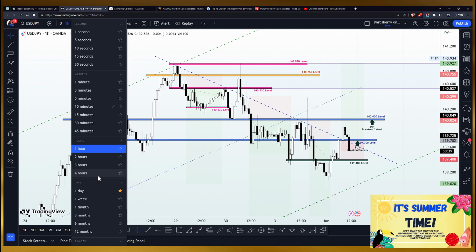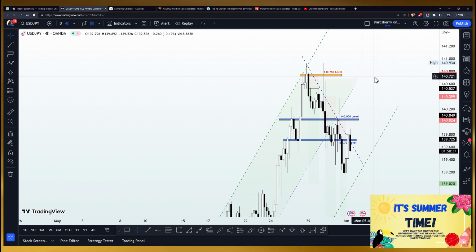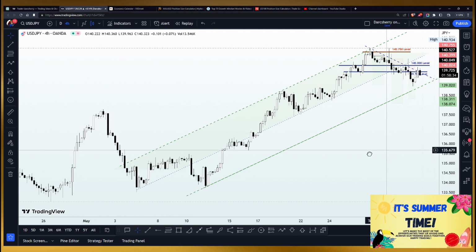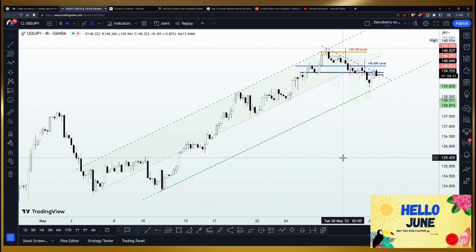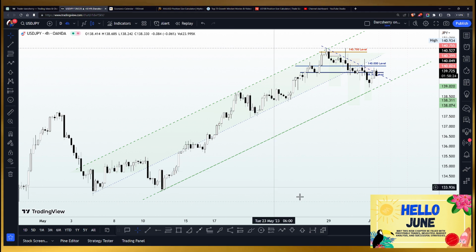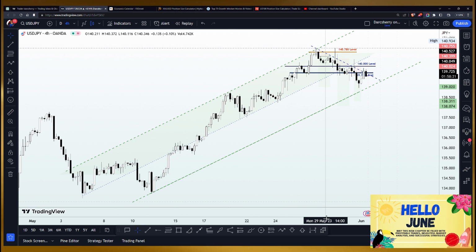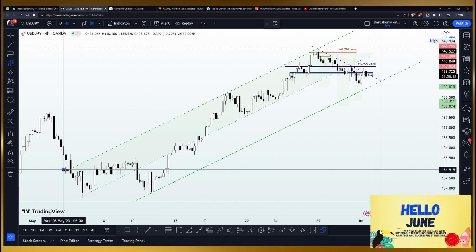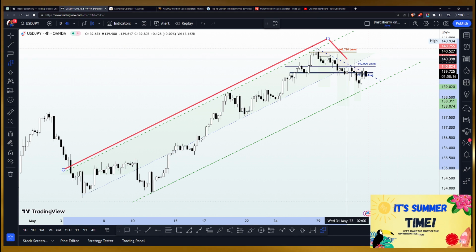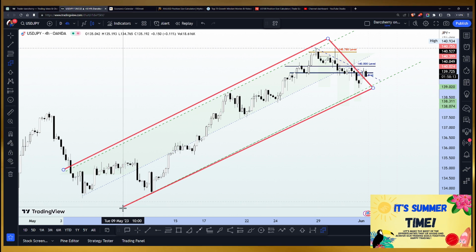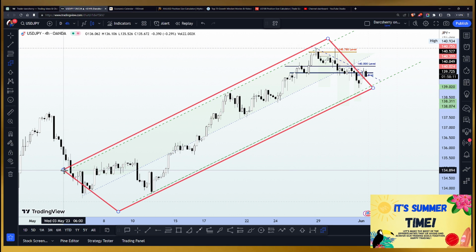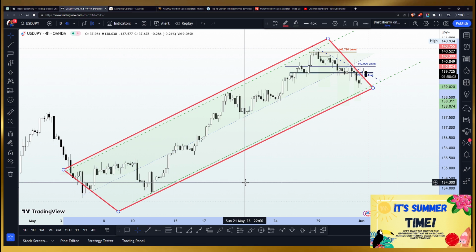So let's scale up a little bit into the 4 hours time frame and let's look at things from a holistic point of view. Now, the first thing we saw on the 4 hours time frame at the beginning of the week was the fact that price action has been bullish in this market. And to further emphasize the bullish momentum, we connected a series of higher highs and higher lows, which gave us this beautiful ascending channel you see on your screen. This ascending channel has been helping us to guide our bullish momentum ever since the last month started.